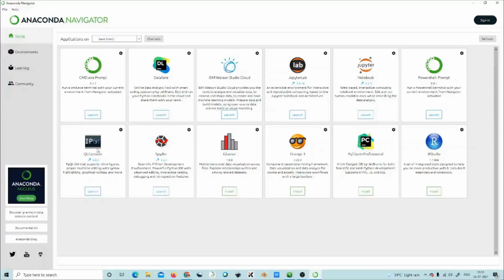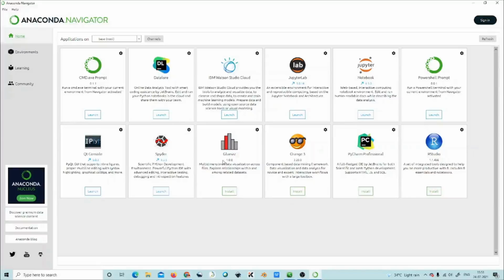And this is one of the GUI packages, the Qt console, which is used for graphical applications. And this application is very important. It is a famous IDE called Spyder, which we can use for developing powerful Python applications.